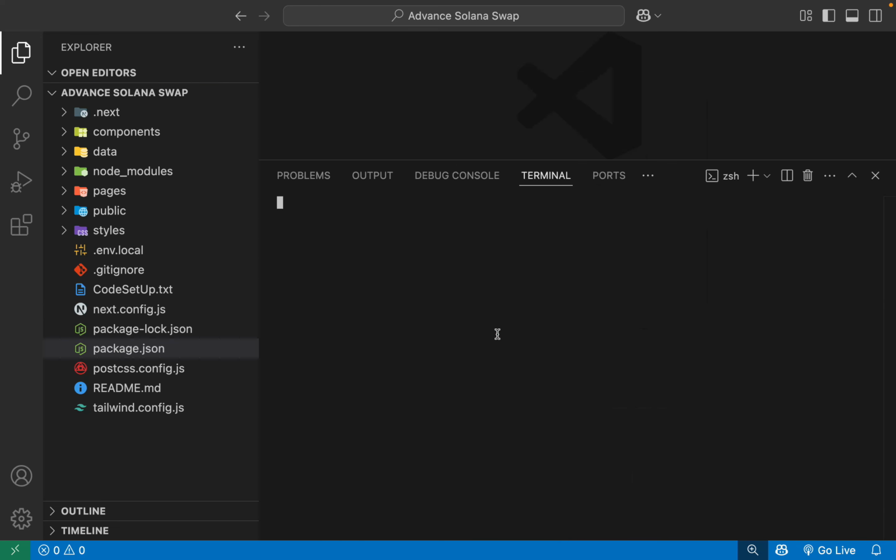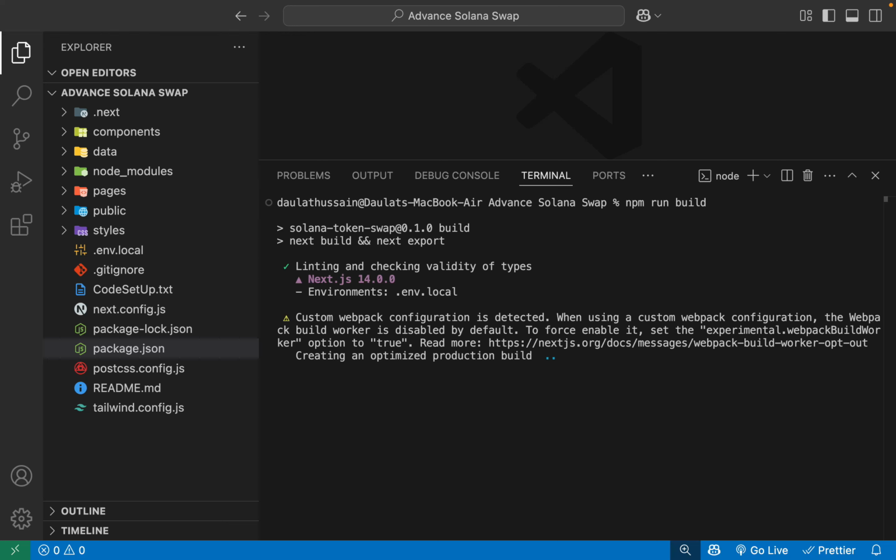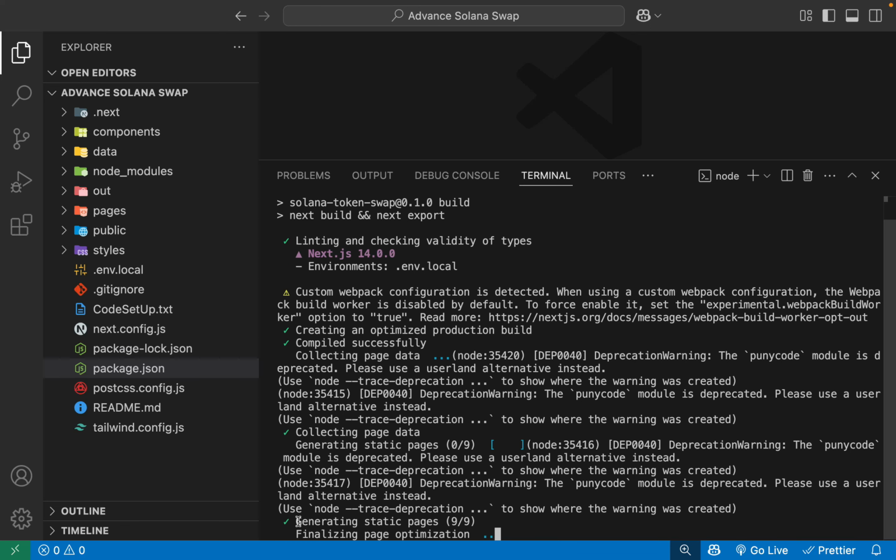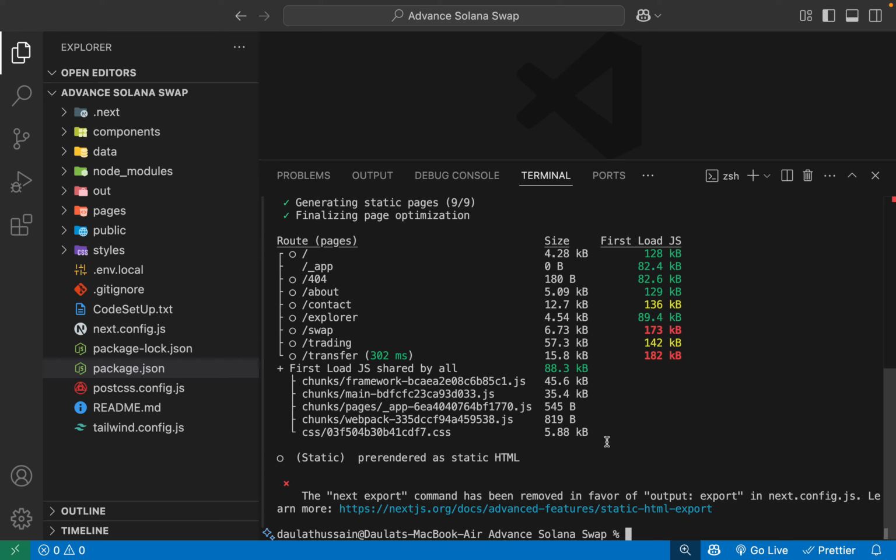This is the command we have to execute, the build command. So open up your terminal, type npm run build, hit enter. It is going to compress our files and generate the static files for our project. You can see the compression has started. We have generated the static files because we have 9 files, and once it completes the static generation successfully,